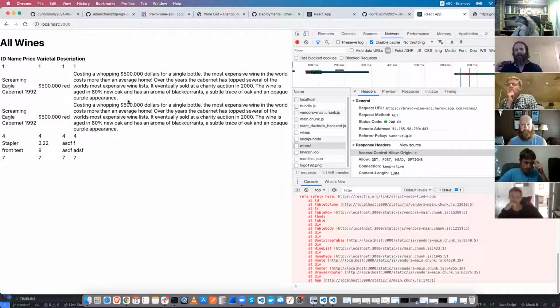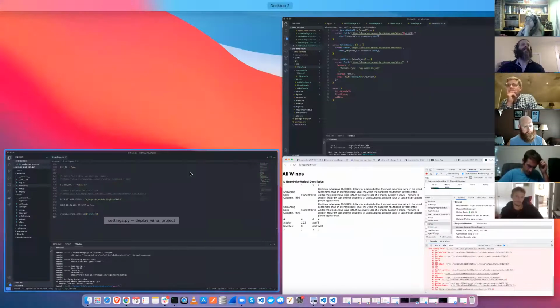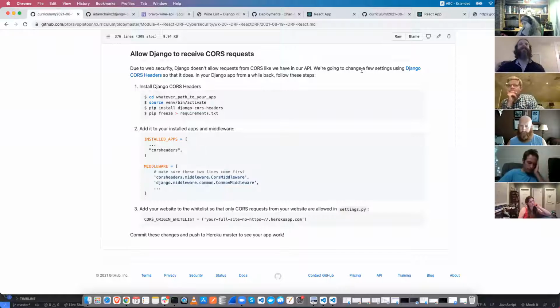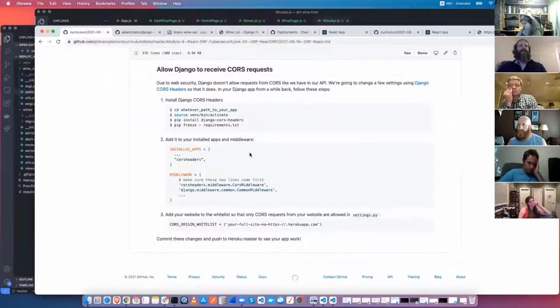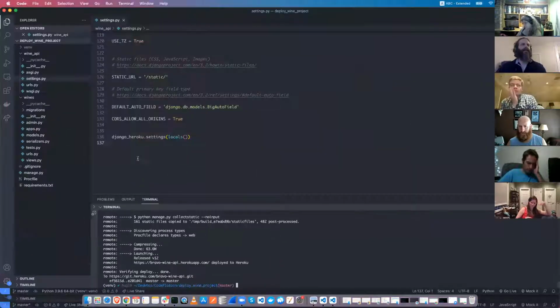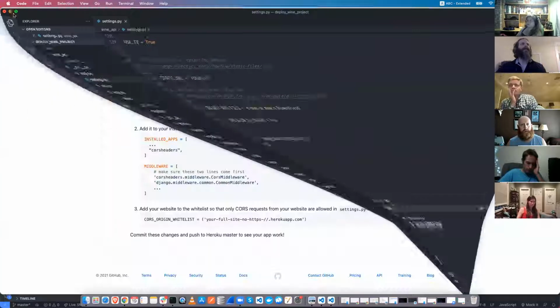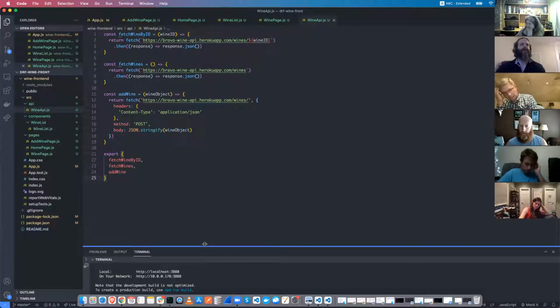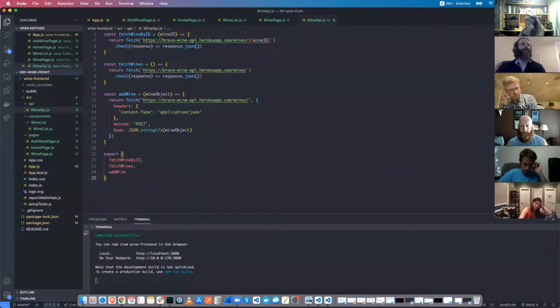So the next step here is not just running this React app locally, but actually running the React app on the internet and the Django REST framework app. So I think we're done with this for now. Minimize that. So what we need to do here, I've gotten rid of all that proxy stuff. All right, so what we're going to do here is